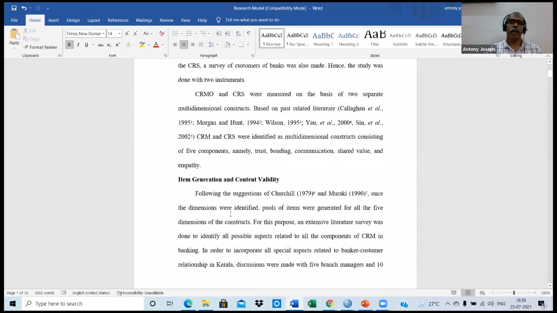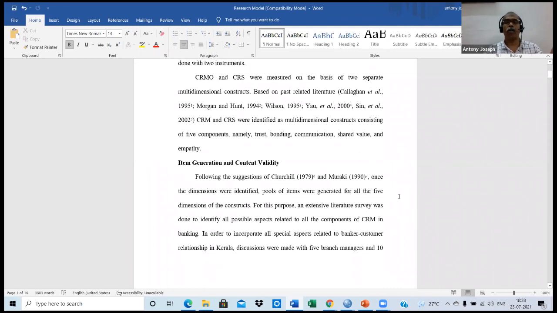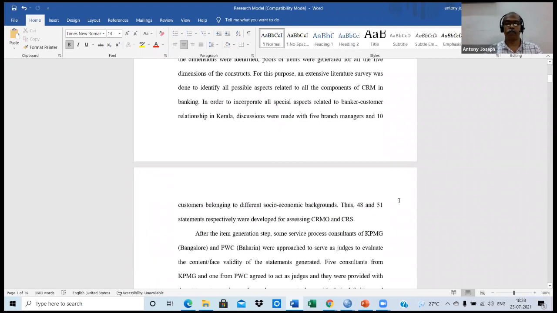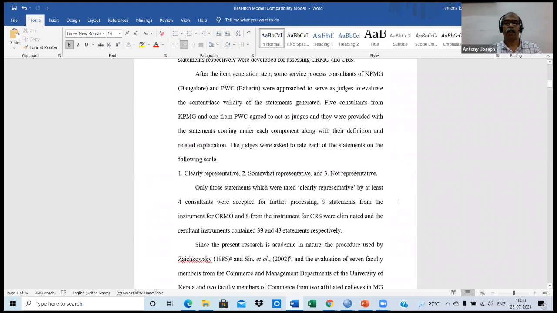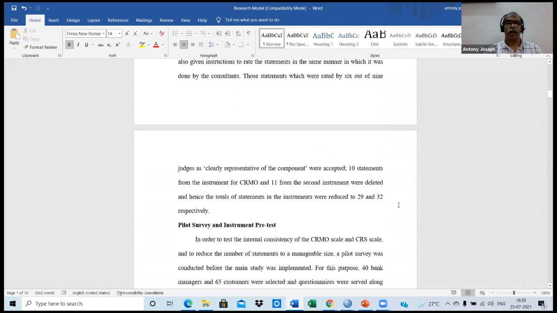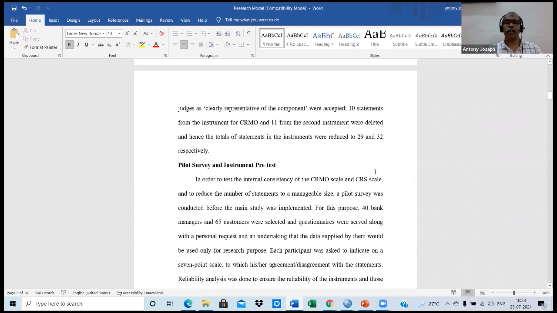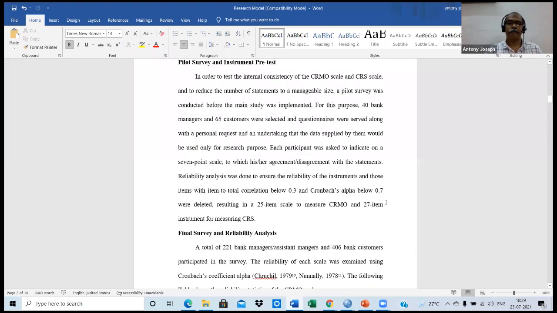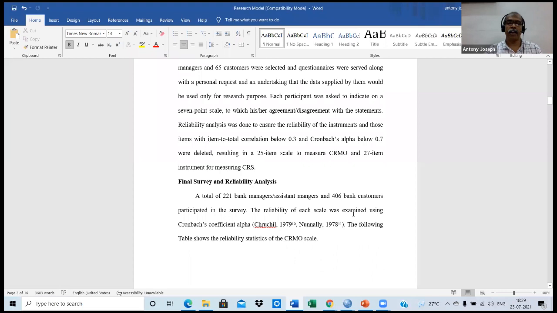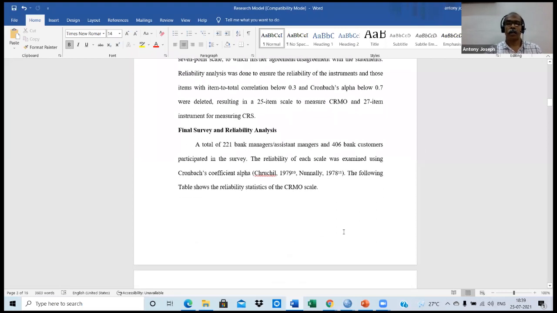Okay. The item generation and content validation processes are explained in detail, how I have developed different statements. Then pilot survey and instrument pretest, the process which I have explained today, are being explained here. Final survey and reliability analysis. Okay.